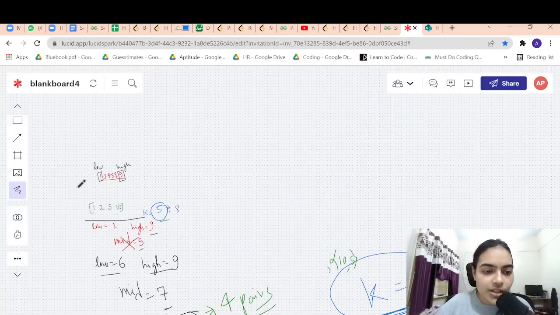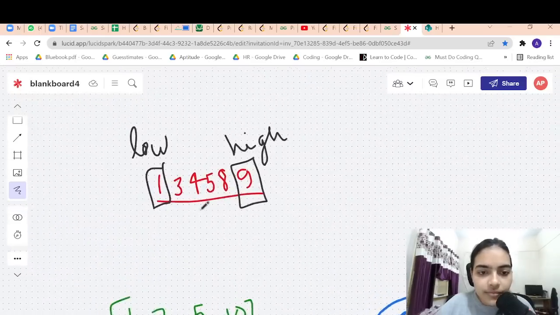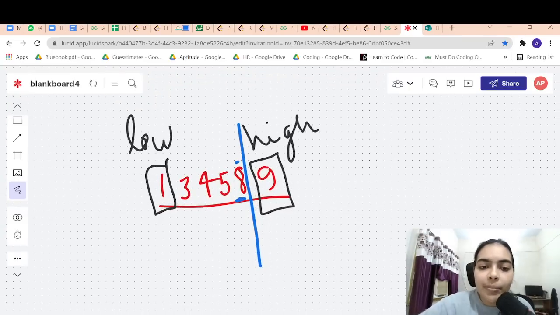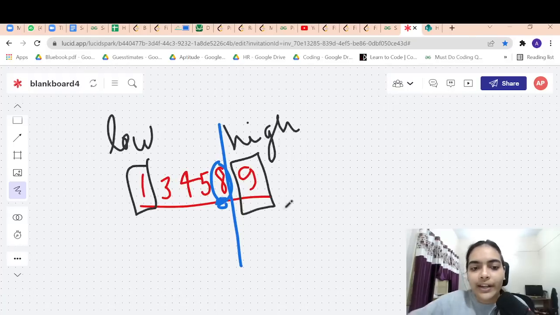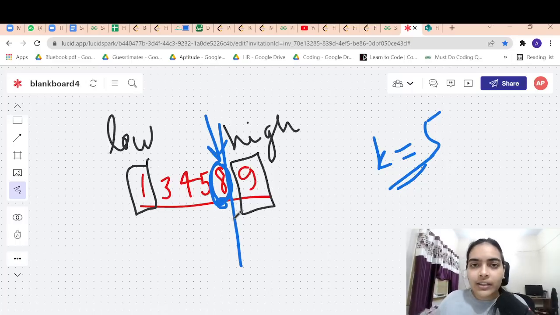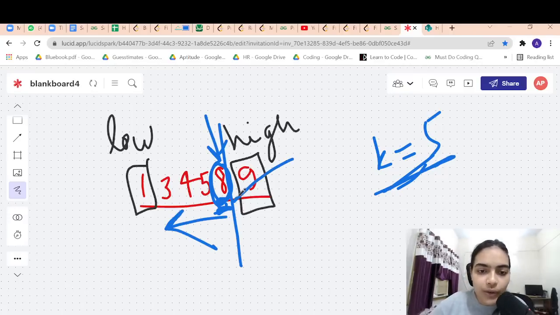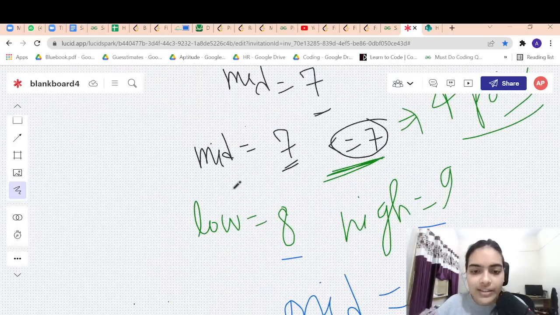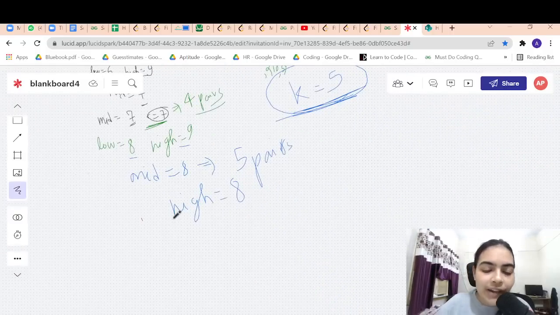Because you know that at the number 8 itself you are getting at least 5 pairs which are less than equal to 8, and you want to find the fifth smallest pair. At 8 itself you are getting at least 5 pairs which are less than equal to 8, right? And you want to find the fifth smallest pair, so the answer will be definitely within this range. So you can ignore this range. You will not find an answer on the right side, but rather you will find an answer on the left side. Or 8 is also a possible answer, or the left of it will be the answer.